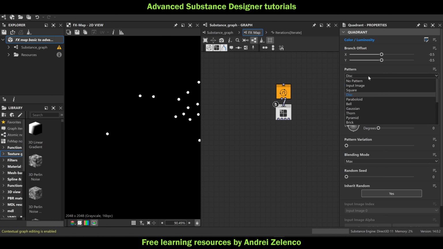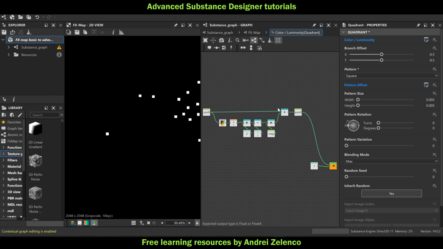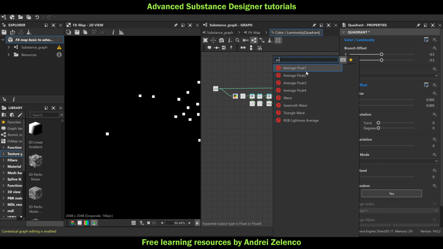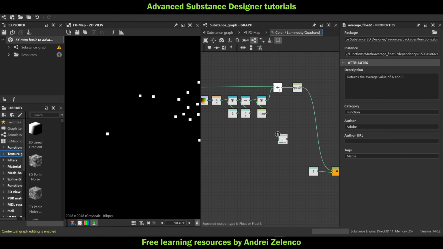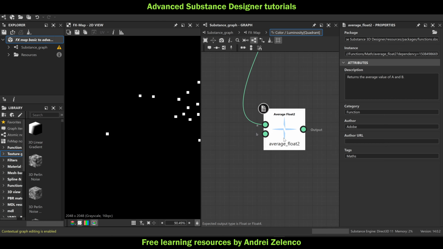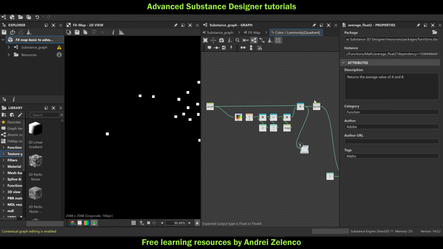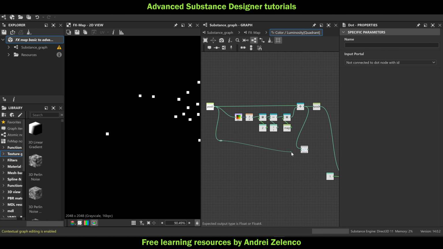Change the disk from disk to square. Now we have squares. Go back into luminosity. How do we get this average? Well, remember, this is our initial position, and this is after we update it. So initial and update. Well, we want the average of this. So we have an average float 2. If you don't want to use this average node, you can just add them together and divide by 2. Initial position, updated one, take the average, and